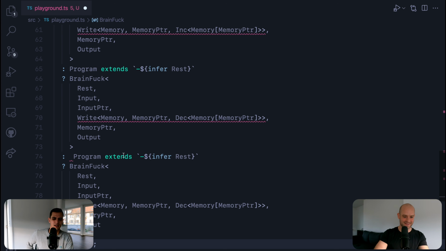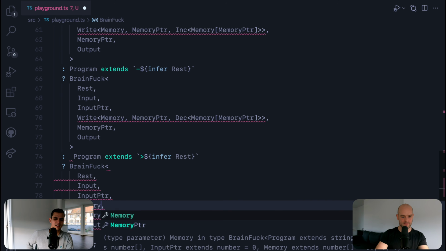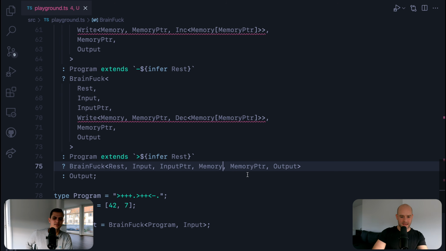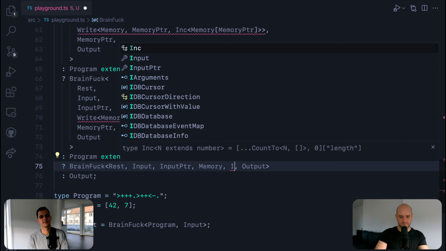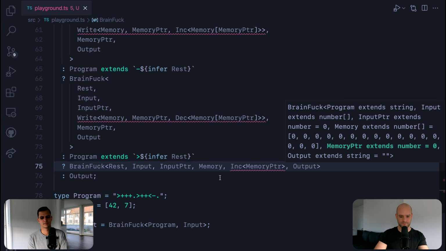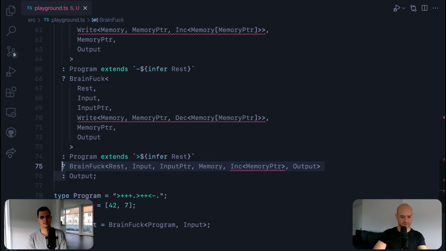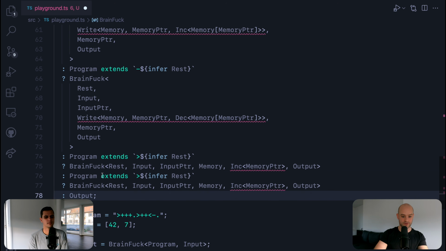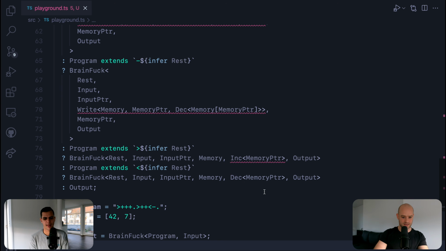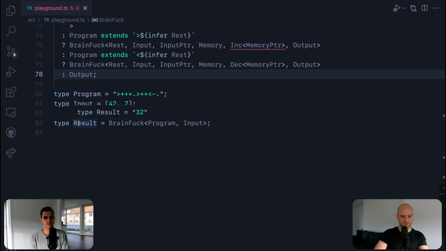Let's do it. So here we simply increment, so memory is unchanged. And we simply increment the memory pointer. Okay. And we need to do the same with, if this works, we have implemented 6 out of the 8 commands. Almost there. Almost there. Let's have a look. 32. No. So. Yeah, that's correct.